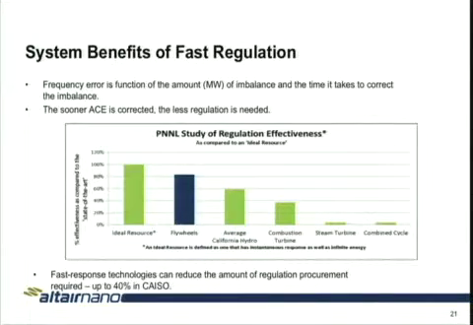And then you can look at the steam turbines and combined cycle, just not that responsive to being able to provide the regulation effectiveness. So what they come up with is, hey, we can reduce the amount of regulation needs by up to 40% in the California ISO. That becomes really important for several reasons. In particular, it's going to be important for making the batteries cost effective for doing this work.